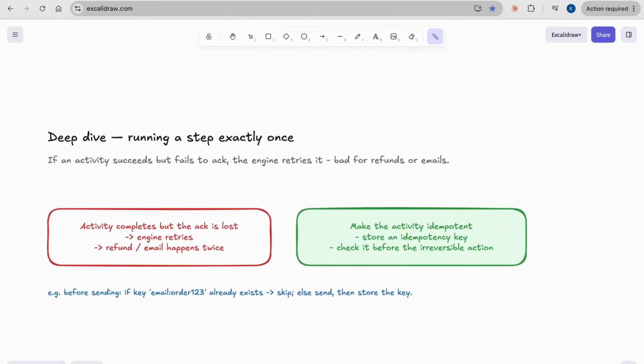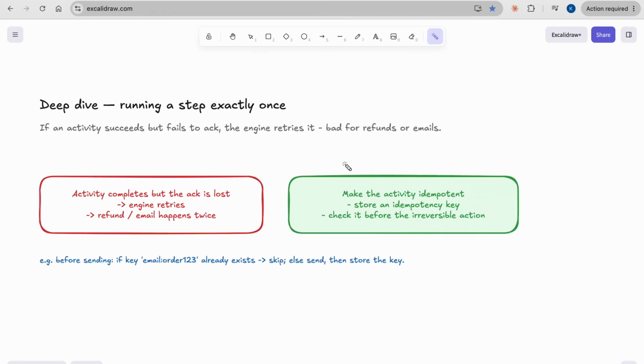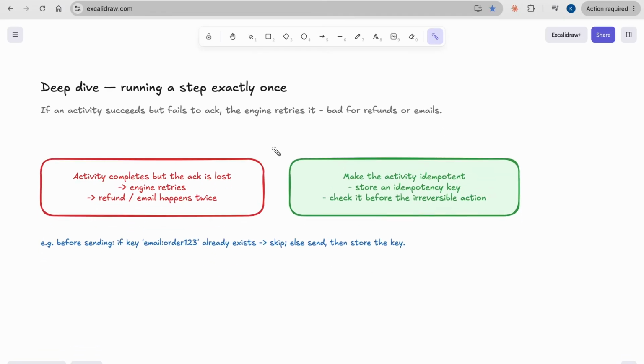And how do we ensure that no matter how many times we retry, the impact of that step is the same? That is making it idempotent. The idempotent key should be very unique, like for example an email. The activity should also check the status, and only pick it up if it's completed.